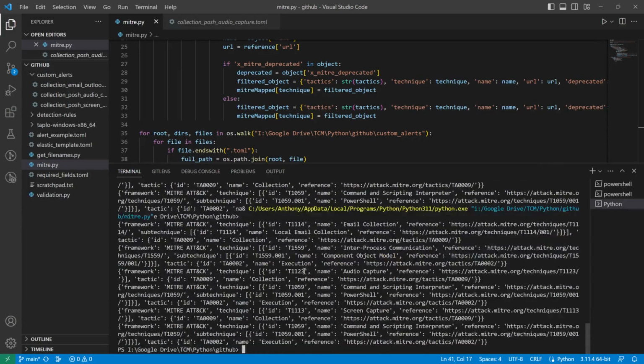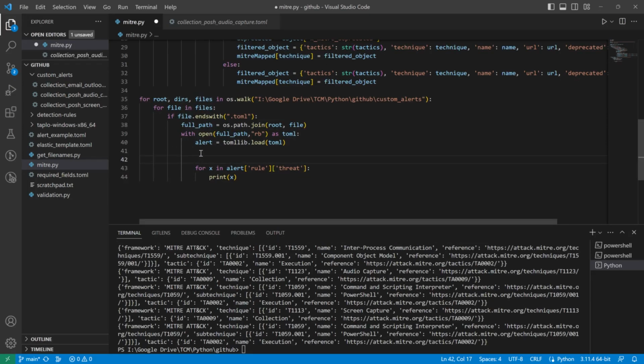Run that one more time. There we go. All right, so we can see all the technique, subtechnique, tactic data all in here, okay? And one common theme is they all use the MITRE ATT&CK framework, and that's declared in here. What we can do is filter on that and make sure that we're only looking at MITRE ATT&CK data. So to do that, we're going to say